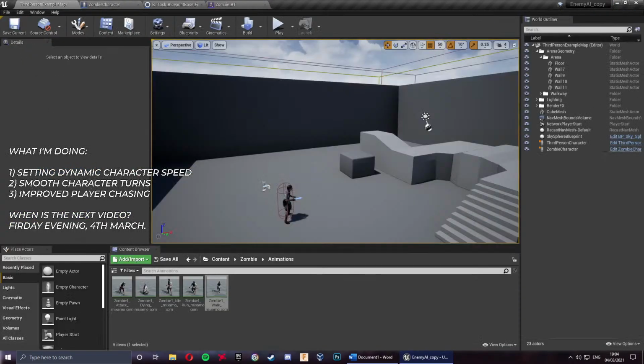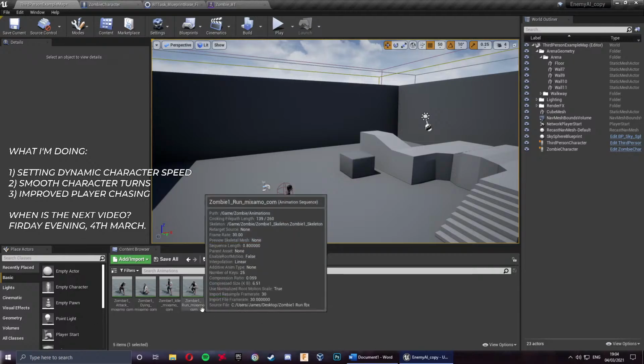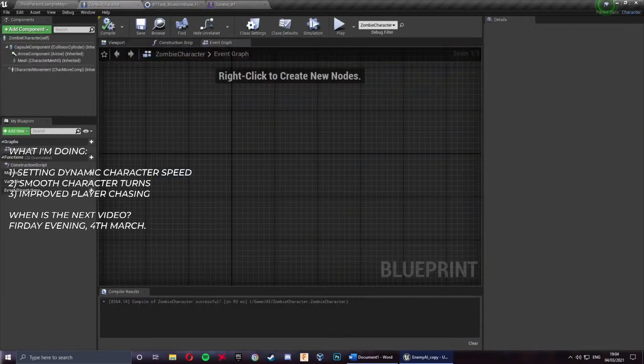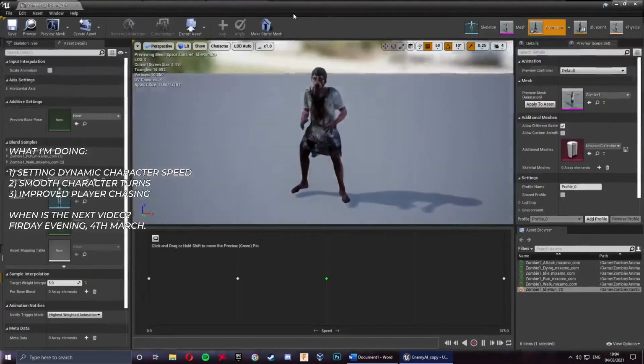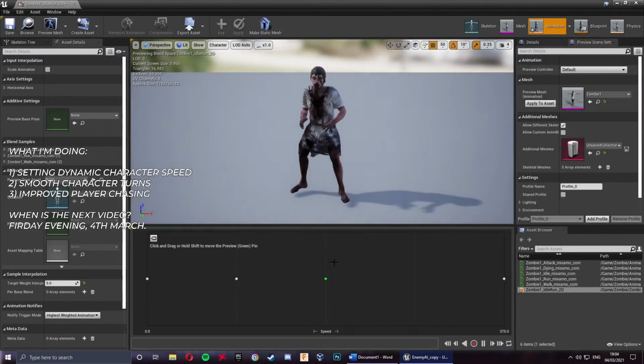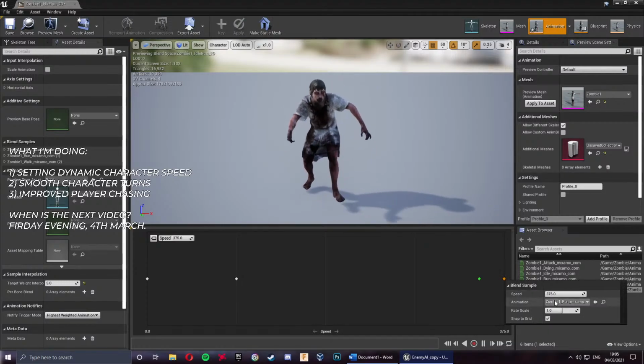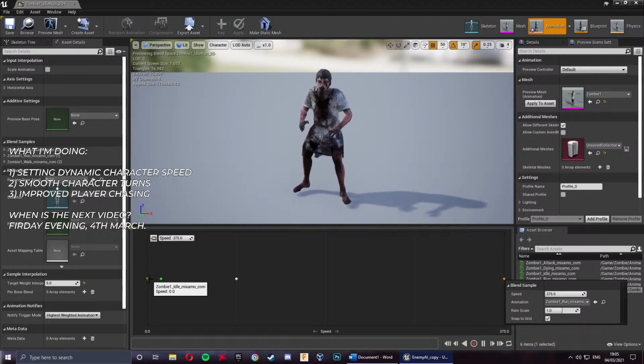That's not what we want. Where's it gone? Where have I put things? Oh dear. Zombie character, no. Ah, here we go. I did close it. Oh, I just realised that I was on the wrong screen. Okay, so what we've got here is the run 375, and then we've got our idle,